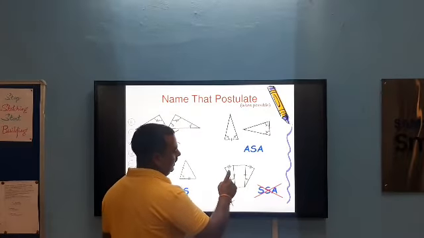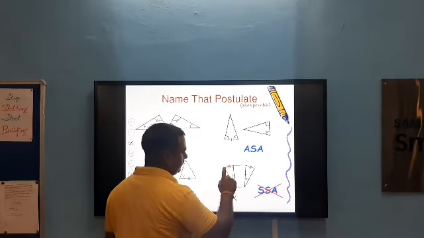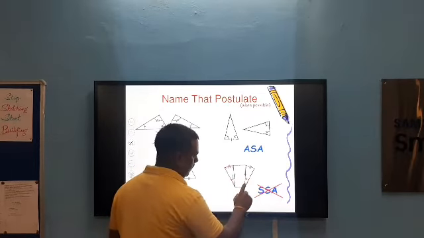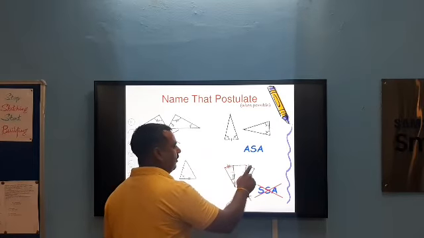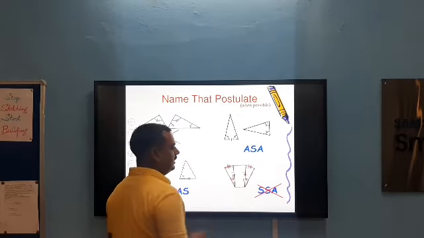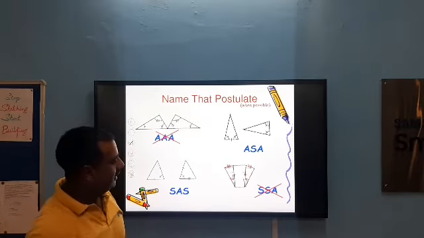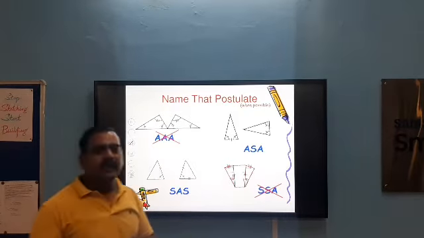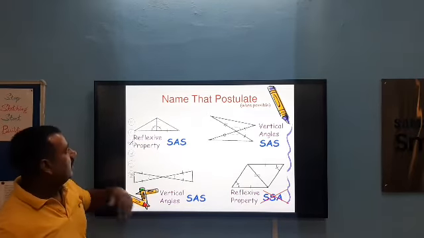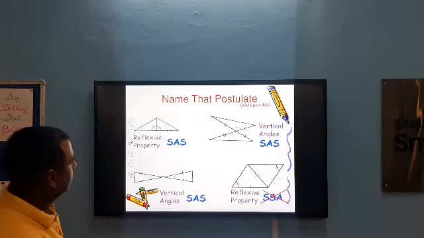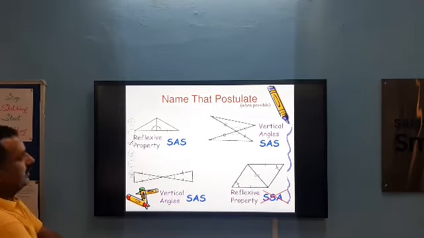And like in these two triangles, if it is given that two sides are equal but the angle which is given equal is not the included angle, then SSA is not a criterion. Again, similarly we can take these diagrams as postulates.